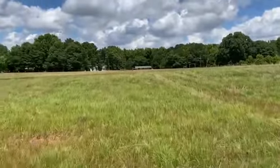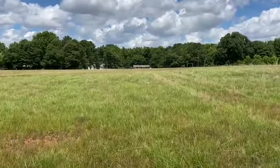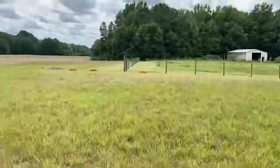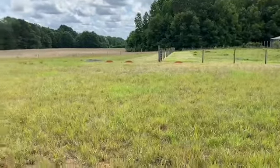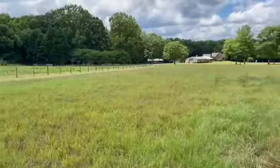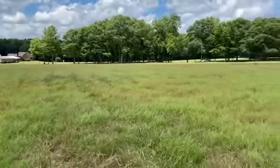You see that gate over there in paddock 1. So they'll be able to go from paddock 1 to paddock 2 and then to paddock 3 without ever leaving the pasture. I can just rotate them around for rotational grazing. And I'll wind up with